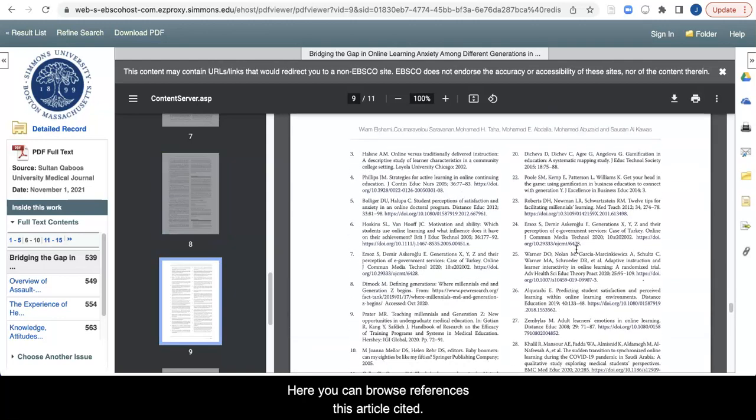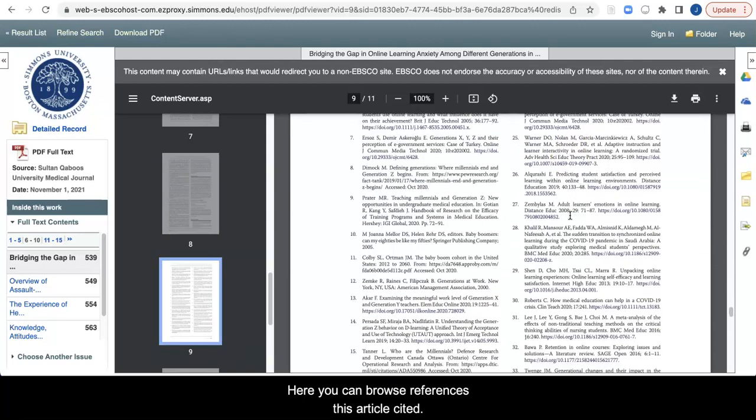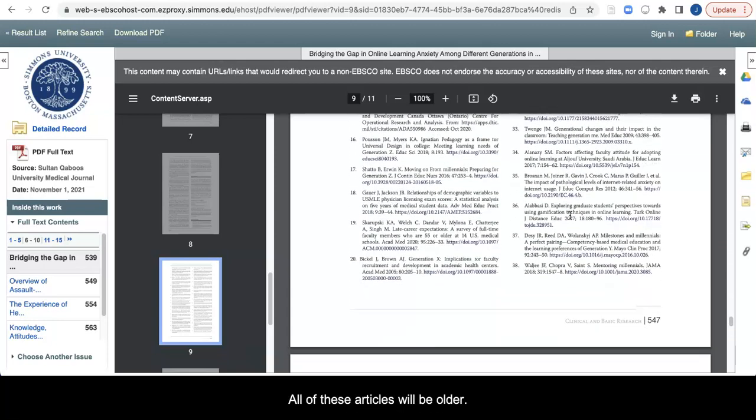Here you can browse references this article cited. All of these articles will be older. To see recent articles who have cited our article of interest,